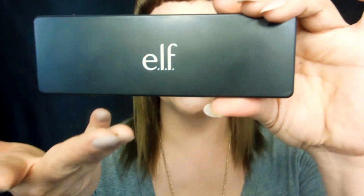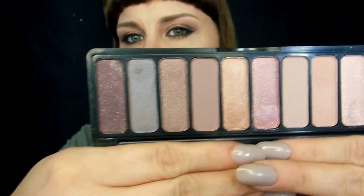Hey guys, so I'm excited to share with you a look for spring. It's kind of a rose gold, plummy, I don't know, something fun. But basically I'd gotten an e.l.f. order in and I wanted to try the contouring palette. I have both the cream and the powder, so I'm using the powder one in this tutorial, as well as the brand new Nude Rose Gold palette, which, oh my goodness, can we just look at this together and,